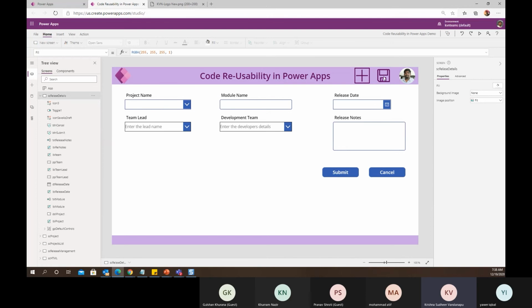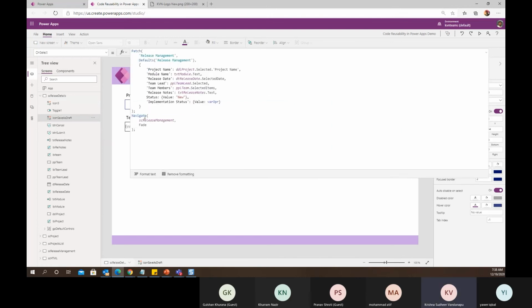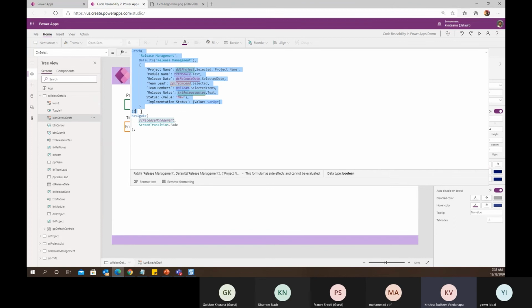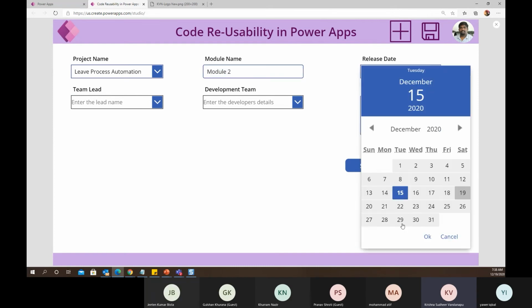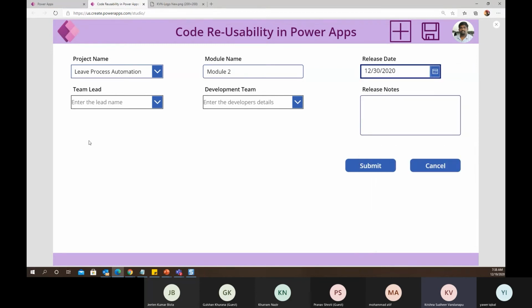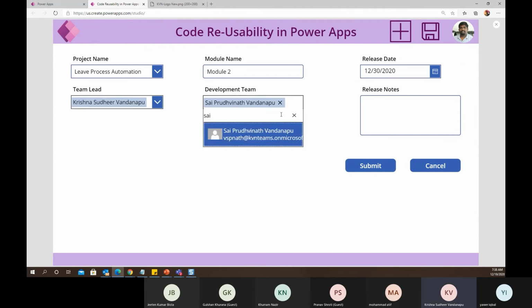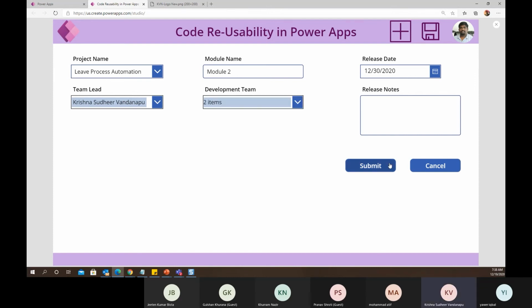As part of my save, I am adding a new record into my release management, say module 2, with the release date as the 30th of this month, my team lead as myself, and team members as Sai and myself, with a sample demo for the users.